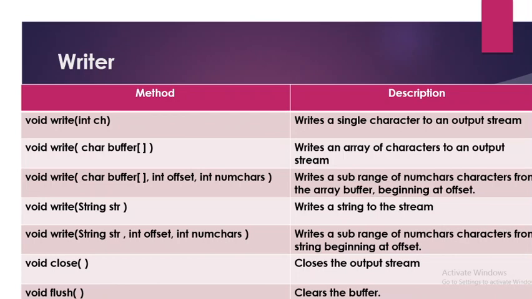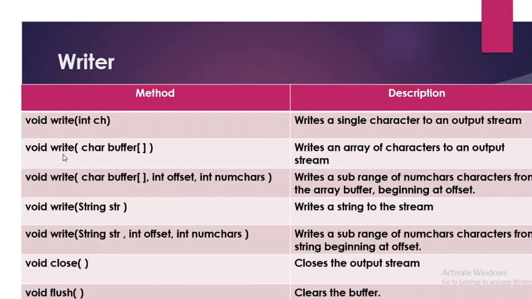That is a very important part of this lecture, because as there is no static keyword available, it means that all these are instance methods. So if we want to execute any of the reader methods or the writer methods, it is compulsory to have the object of the related writer class or reader class, right? Okay. Now again, coming to the writer methods, all these methods have the return type void, that is, nothing is returned.